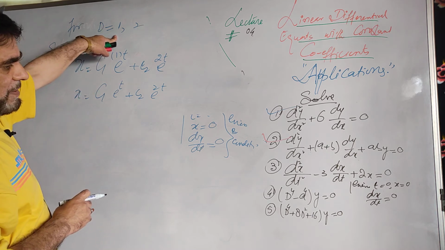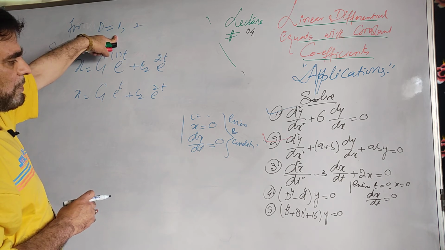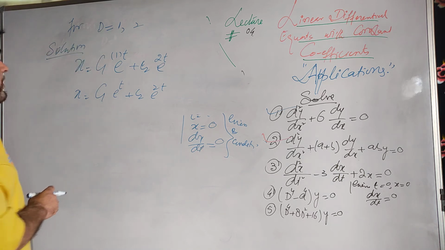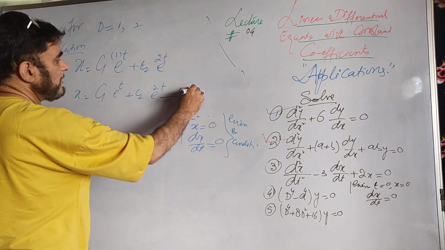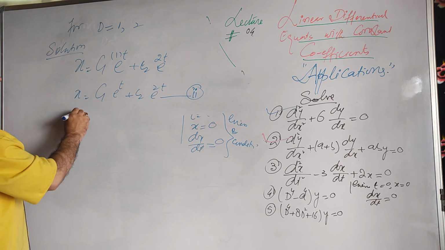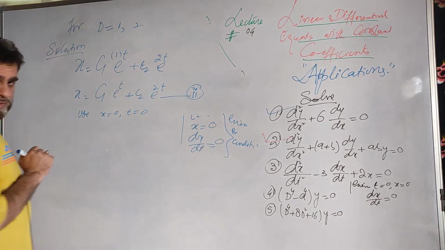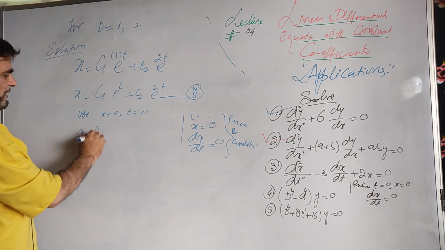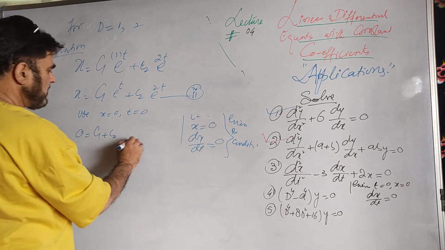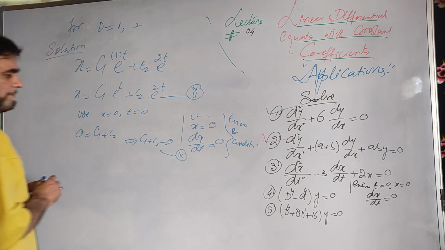Does this value satisfy it? Yes. 2 plus 1 is 3, then 2 twos are 4, 4 times... 2 is 6, yes, 3 twos are 6. It is okay. Now we name this equation second. Now we have to use x = 0 at t = 0 in this. When x is 0, 0 = e^0 (=1) c1 + c2. This gives c1 + c2 = 0. Name this equation number third.